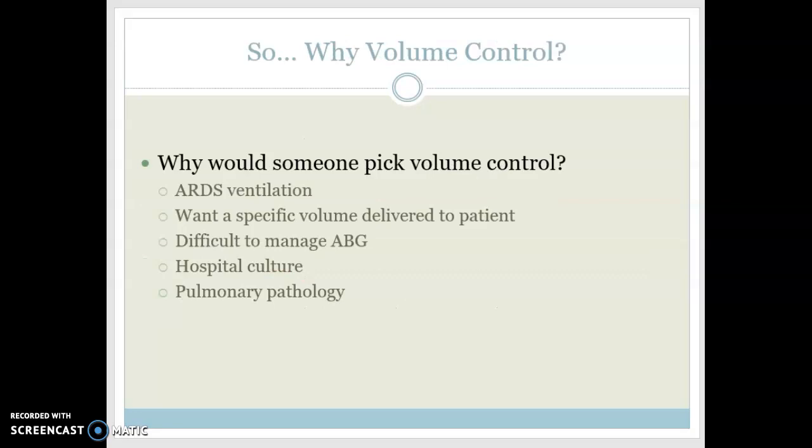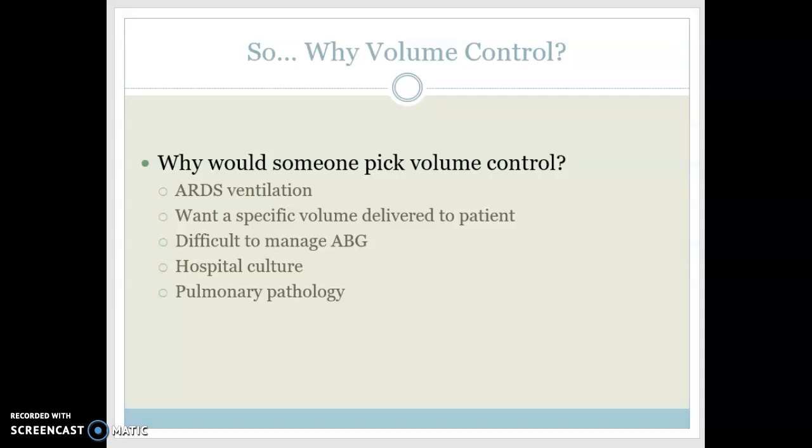So why would we pick volume control? There's a couple different reasons. ARDS ventilation. We will touch on what's called the ARDSNet protocol when we talk pathology. We will talk about ARDS, and you want very specific ways of ventilating ARDS per this national protocol. You will do lower tidal volumes, and they'll be calculated to help your patient, and